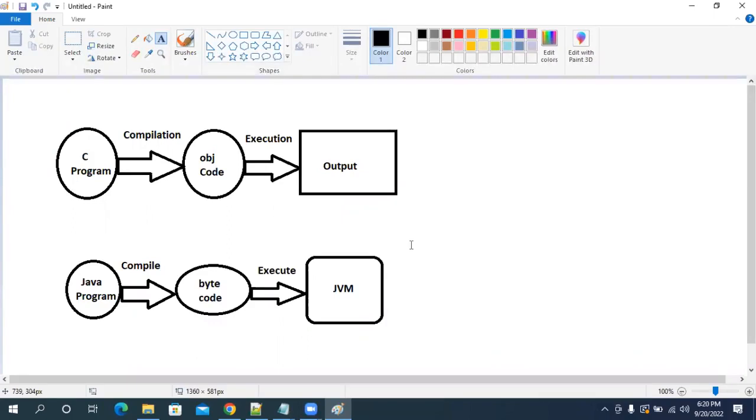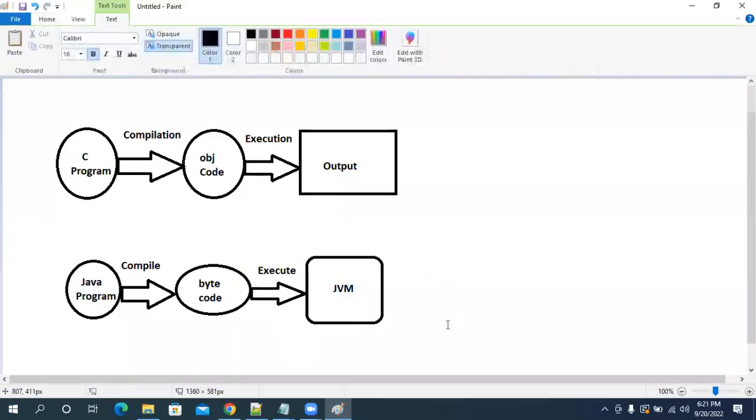You guys can see me. But JVM, we cannot see because JVM is virtual. When you run the program, it will start internally. We cannot see it with our eyes, but it will run our program. Virtual means it is not visible. Whenever you execute the Java program, JVM will start.